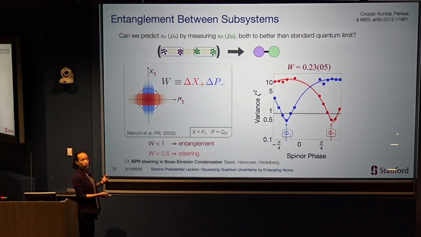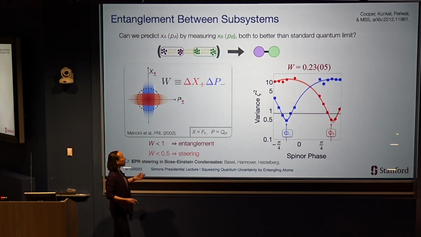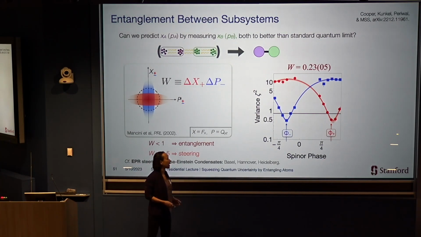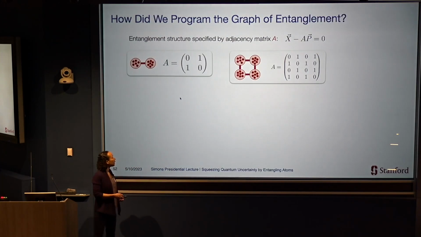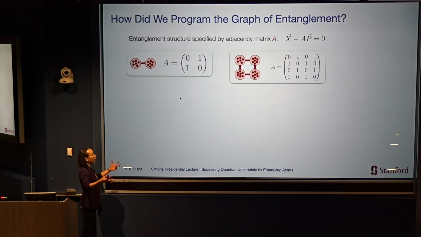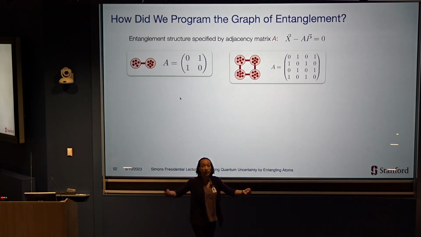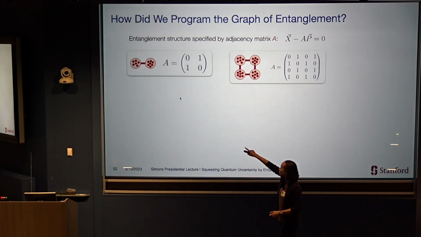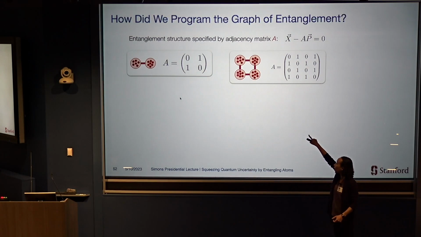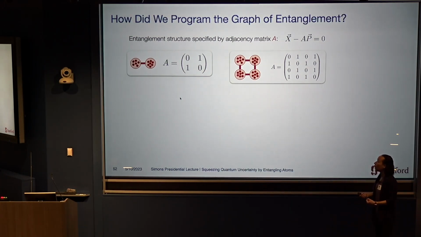And it turns out that the ingredient for actually making this state where we maximize entanglement between the two subsystems is that there's a very elegant scheme for generalizing that to making any graph of entanglement that I can specify by saying I have certain bonds and I want strong entanglement between the subsystems on the bonds that I draw in.